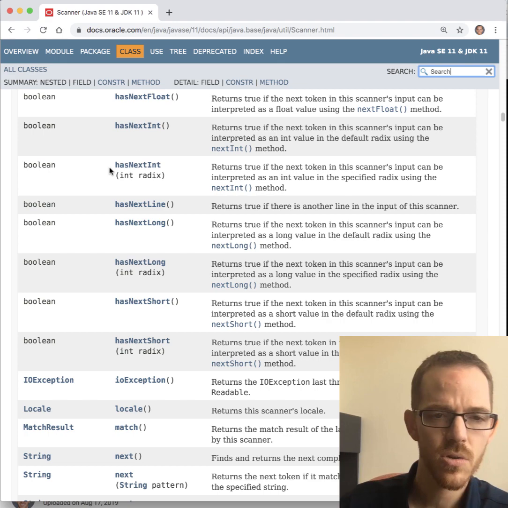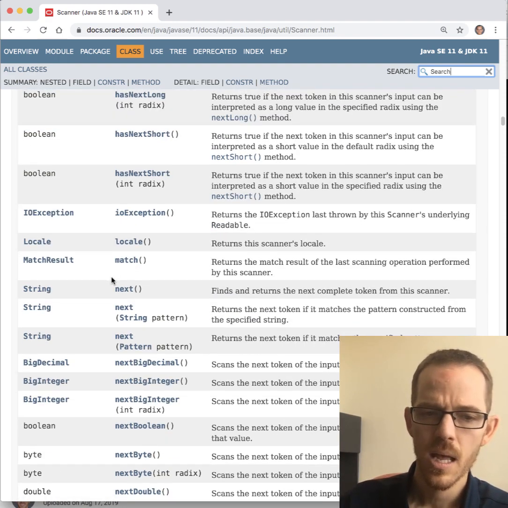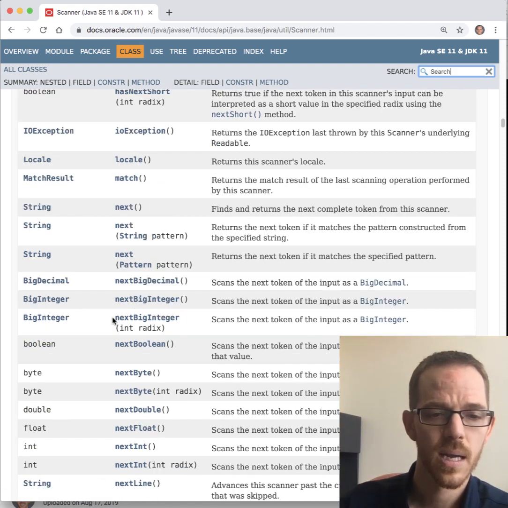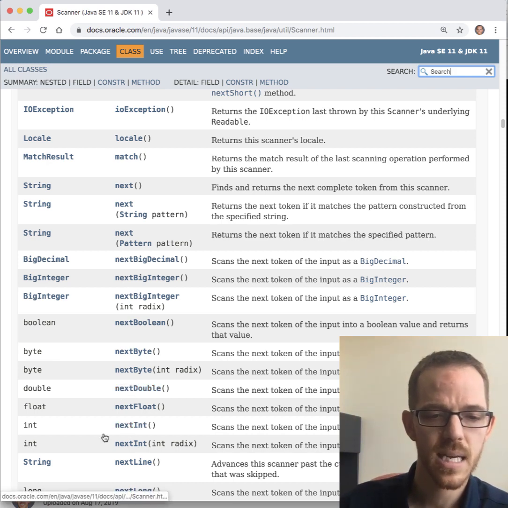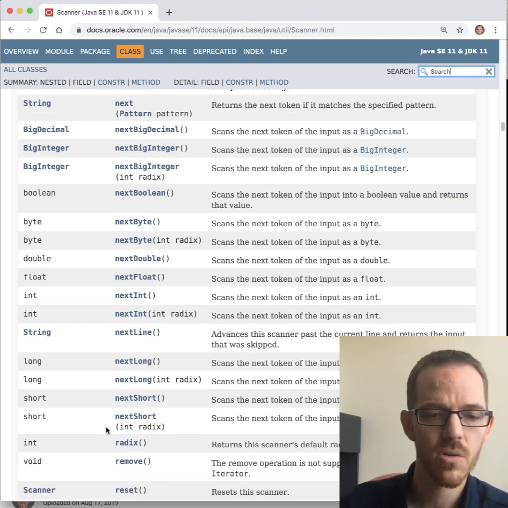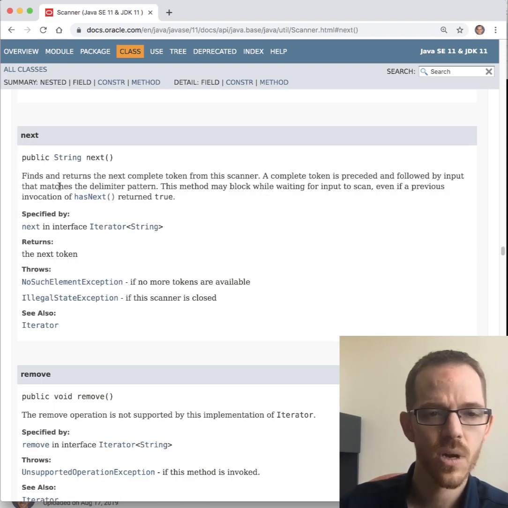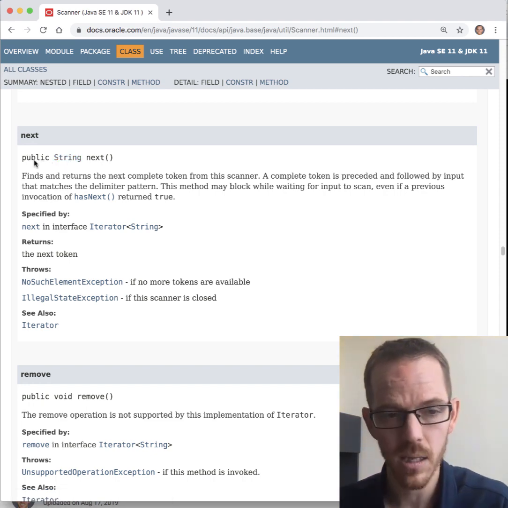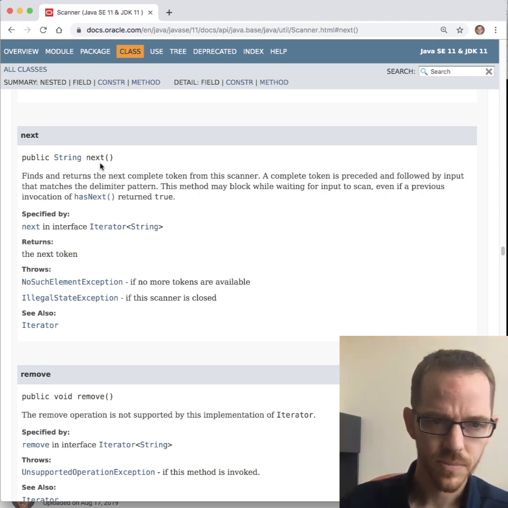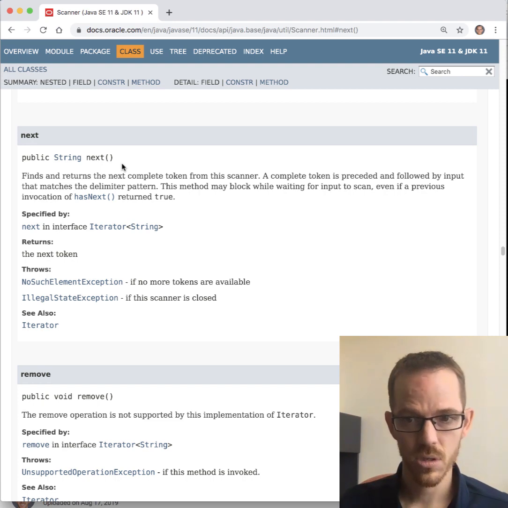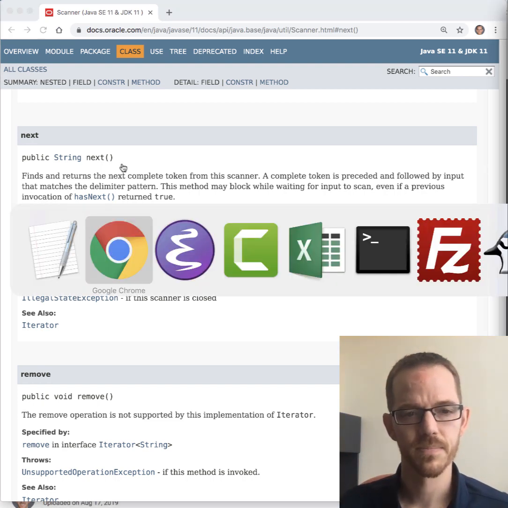You'll use hasNext to make robust programs. The methods you'll use the most are next, nextDouble, nextInt, nextLine, along those lines. Let's go to next here. Next returns a String. It's public, meaning we can call it, and it gets the next token and returns it.